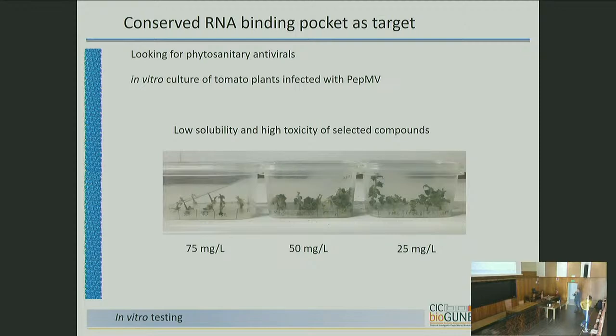So I was saying that we moved to assays in in vitro culture, trying to replace those experiments where we start with tomato plants that are infected with the virus. We start with, I don't know, 90 plants to go in different sets, different controls, to have significance from a statistical point of view. They run about 6-7 months. And we started those in 2020. So we have not finished any single experiment at any time. But we have learned something.